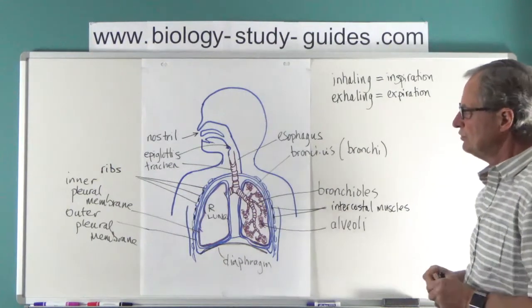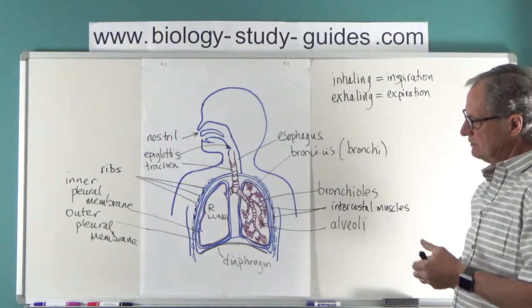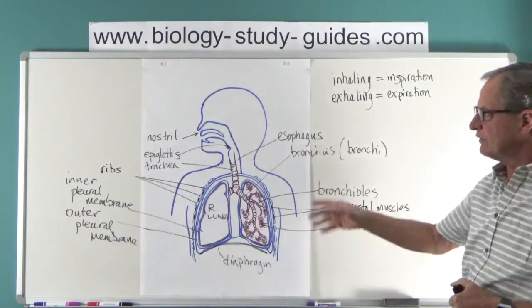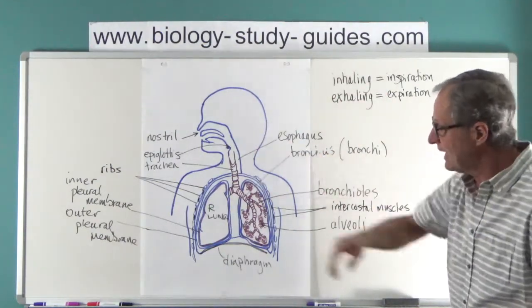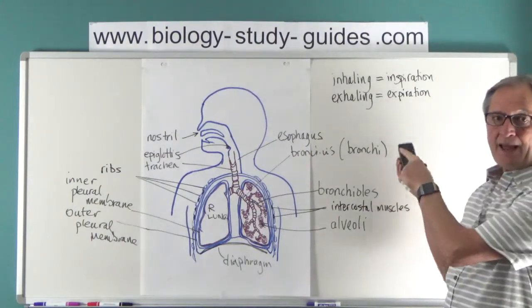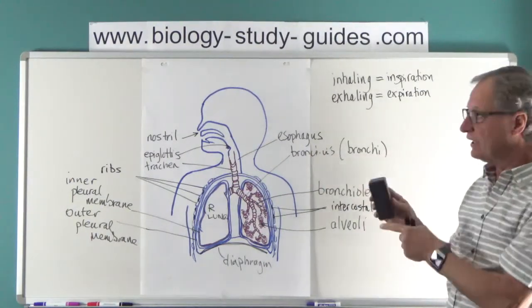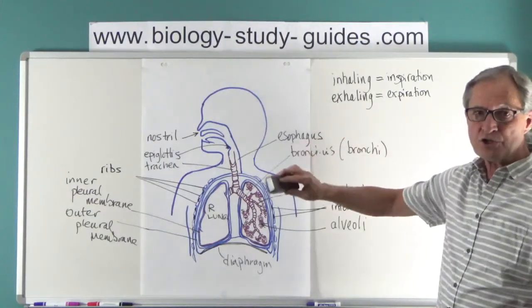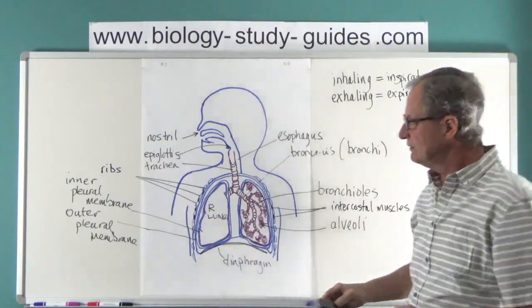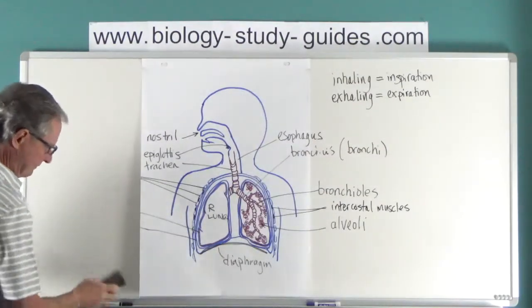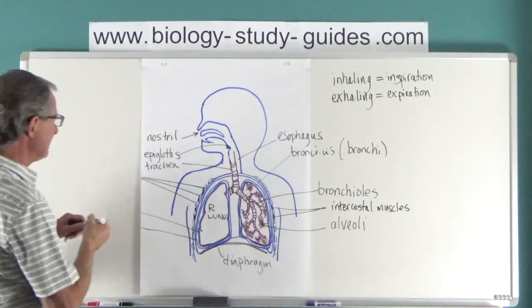What I would like to do with this diagram is actually remove it, draw a simplified version of it over on that side there, and then walk you through inspiration and expiration, inhalation and exhalation, and how that changes the air composition as it goes in. So let me just erase this bit here. And if you'll allow me, here's